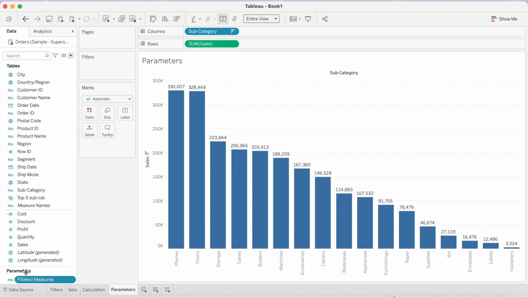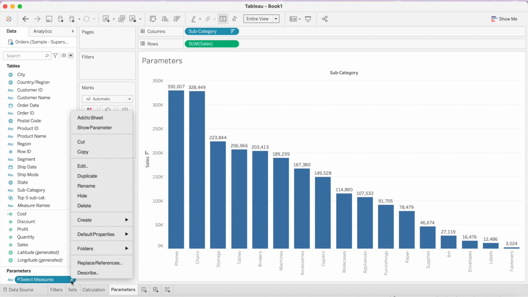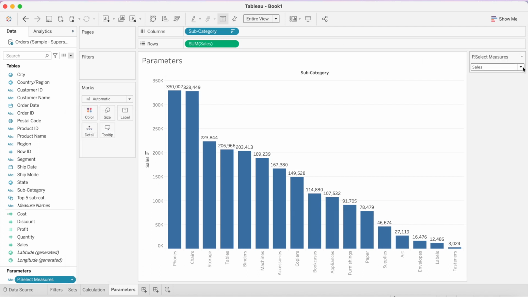Now we can see that our parameter is created on the left hand side, named p dot select measures. Now in order to show the parameter on this view, we will have to right click on it and select show parameter.